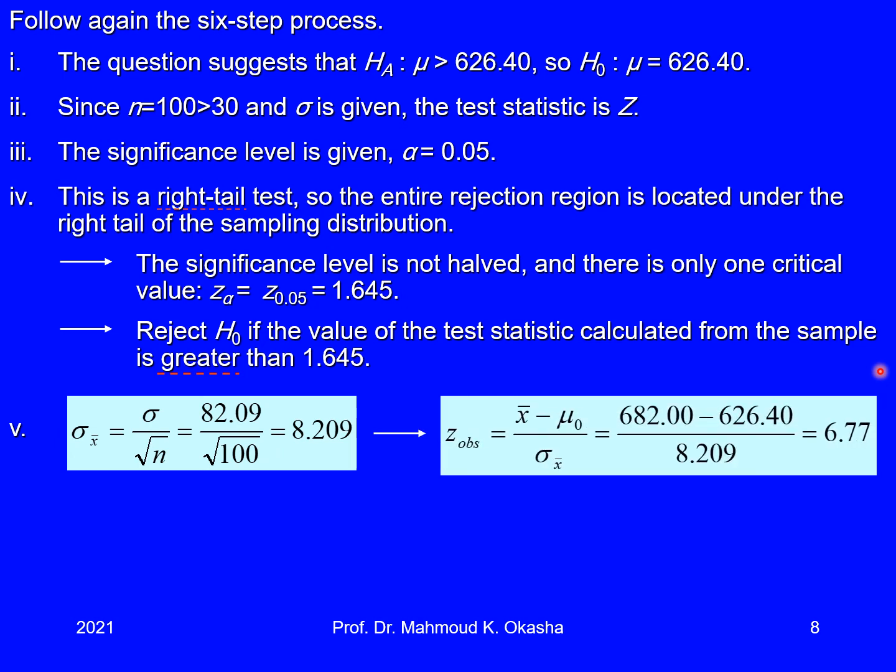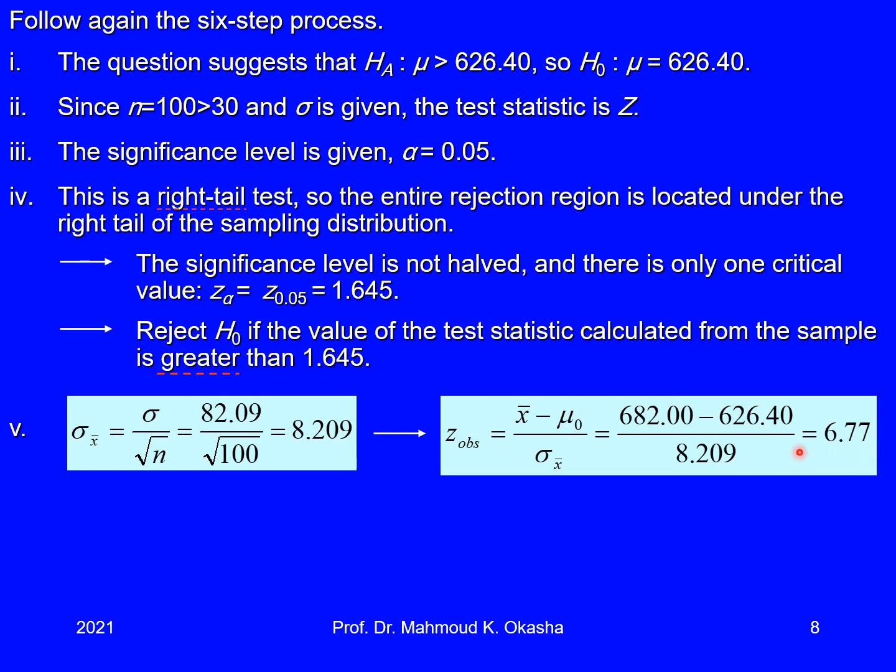Then we can compute the observed Z, which is X bar minus mu naught over the standard error of X bar, and we have X bar equals 682, minus 626.4, over 8.209, and the result will be